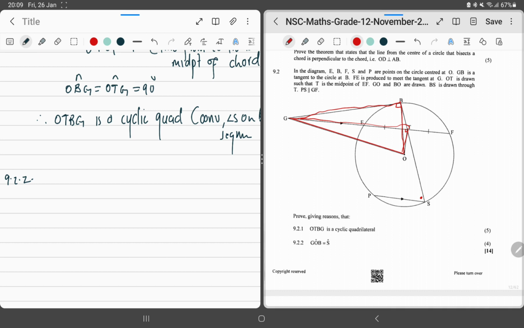9.2.2. I need to prove that angle GOB is equals to, so this angle is equals to S. Well, that's an easy one. So